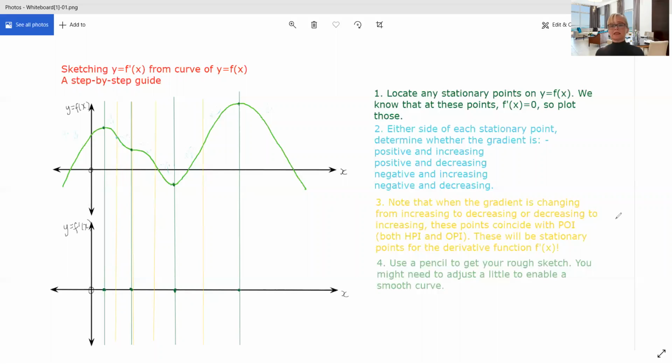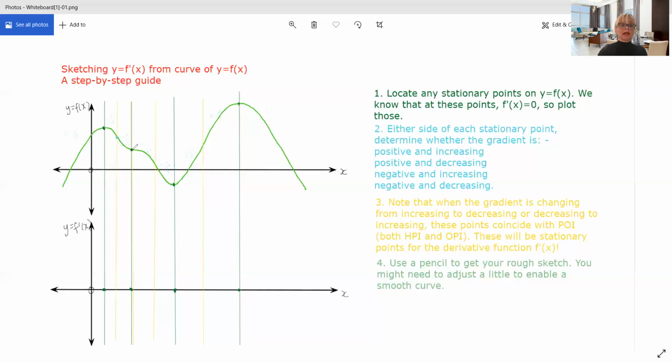Mainly because this tends to be a very common exam question that comes up pretty much every year if you do maths methods or the equivalent, whatever state you happen to be in, or even what country you happen to be in. I've already ruled up my set of axes ready for our y equals f dash x underneath. You'll notice I've also ruled in some vertical lines through what I would refer to as some important points in our original function. Now, the important points that I'm talking about are, of course, our stationary points,